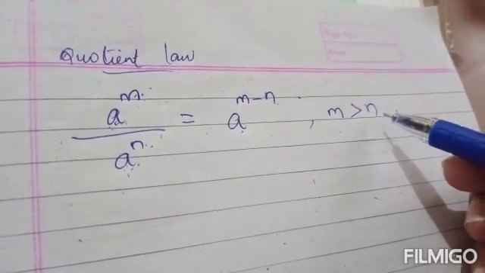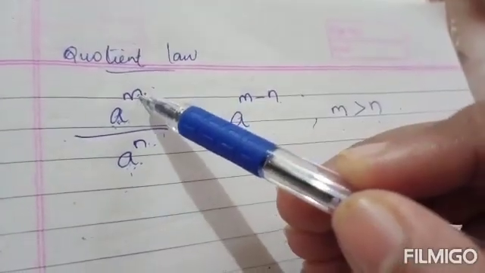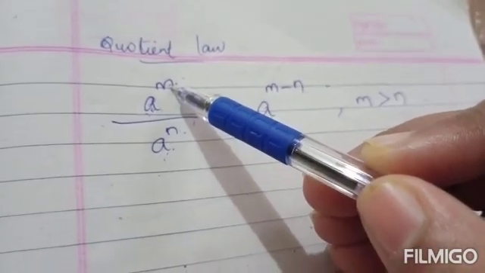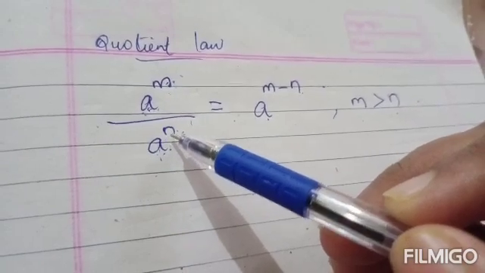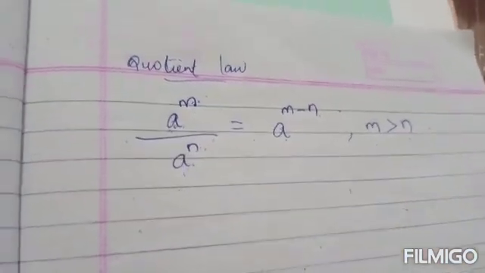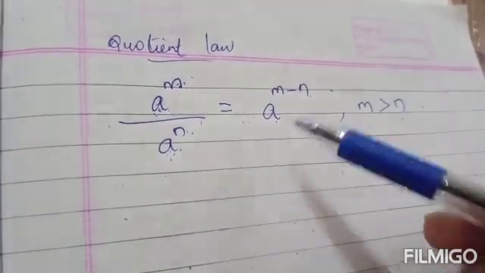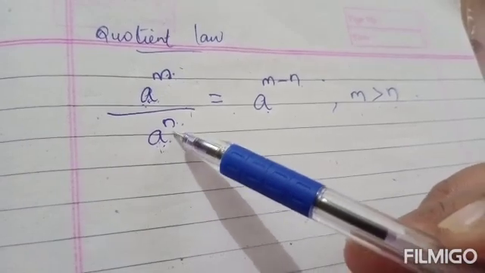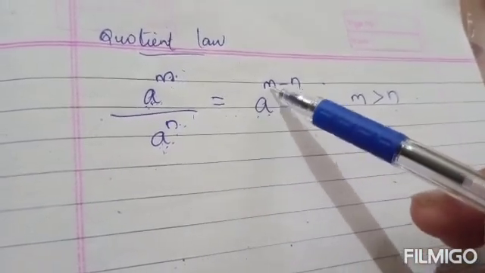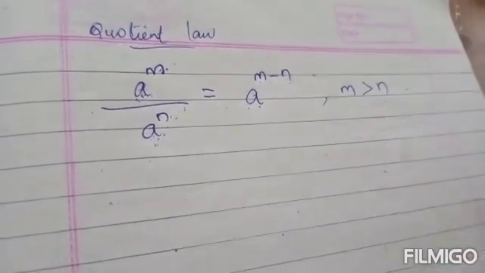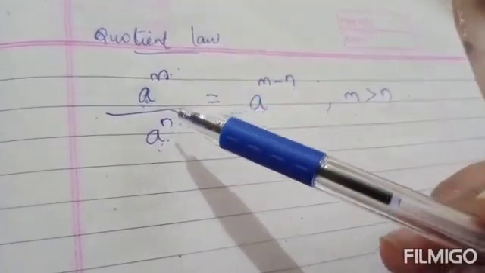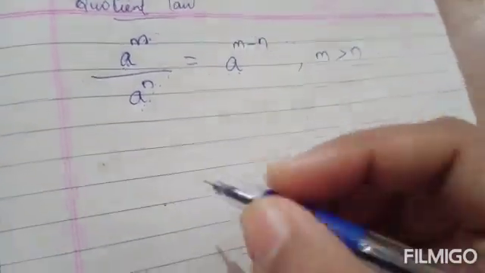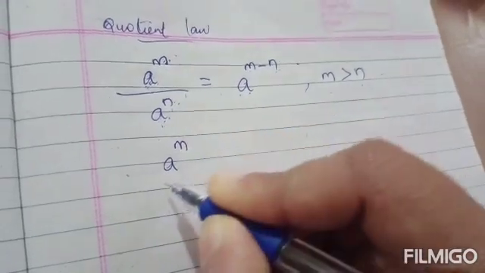m greater than n. This first power, this m, the power in the numerator will be greater than power in the denominator. In that case we will use this: a raised to m divided by a raised to n equal to a raised to m minus n. Now if m is less than n or n is greater than m case, we can take a raised to m divided